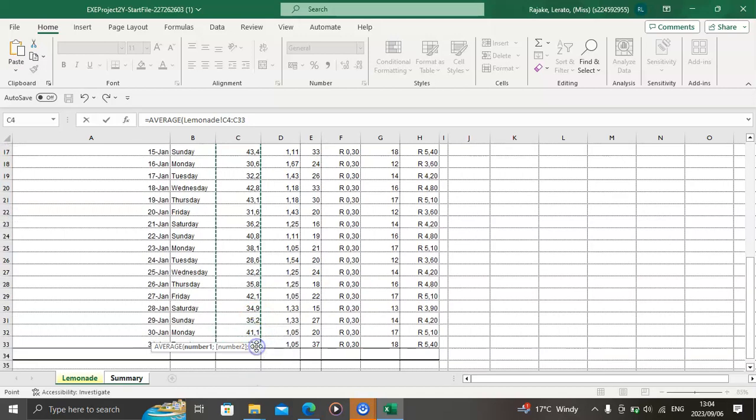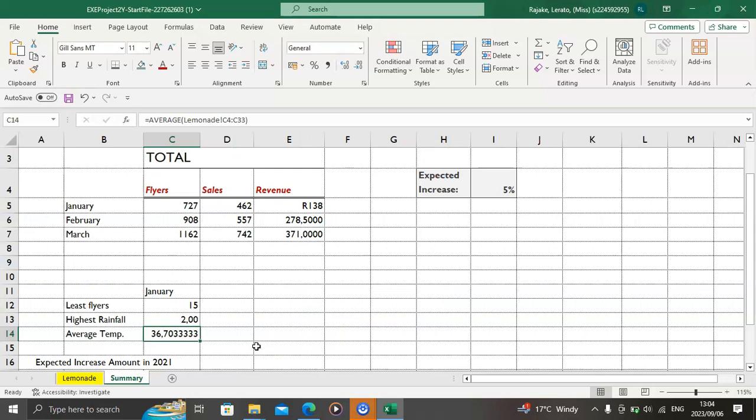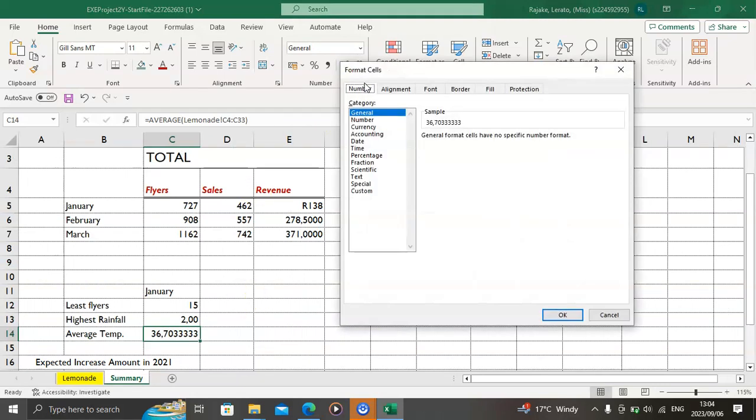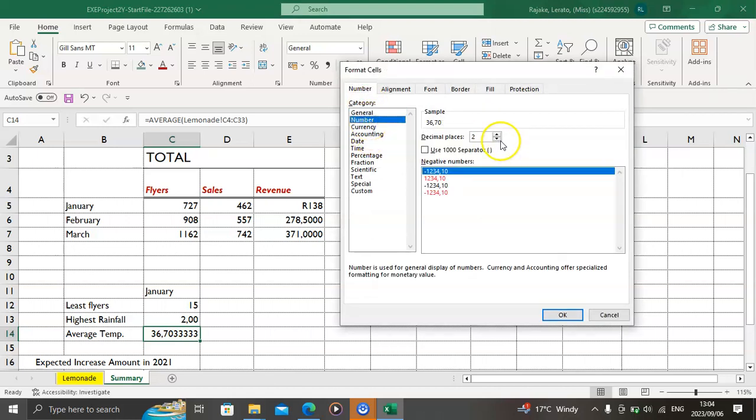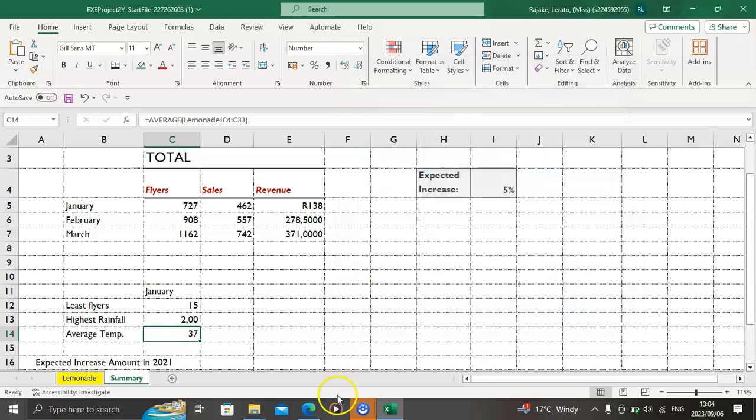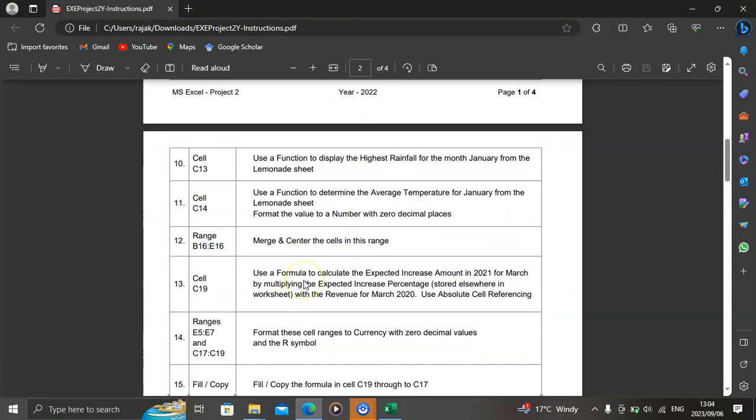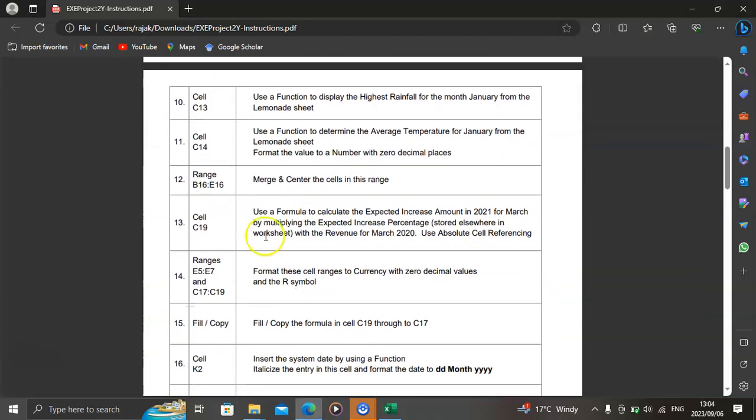Format it to a number with 0 decimal places. You get to the last. Control enter because we want to keep the cell selected under number format. Go to number, reduce the decimal values to 0, then OK. Next instruction says in cell